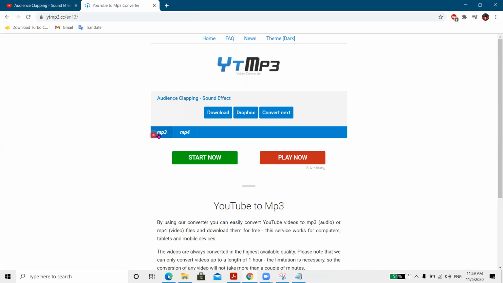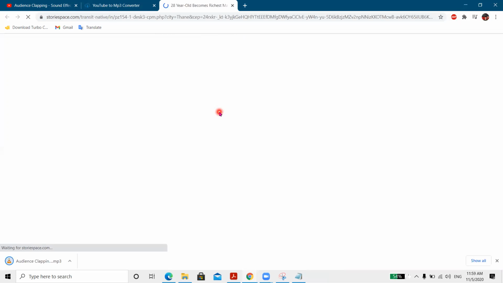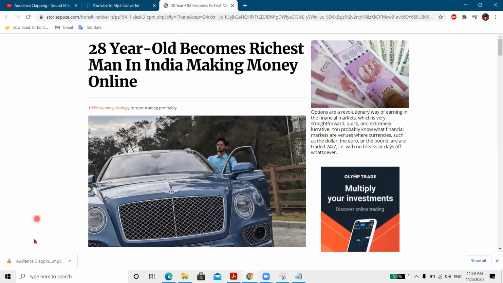MP3. By default, it will convert it to the MP3 only, even if you do not select any option. And after that, simply click on the download. Then it will start downloading the file. So you can check the file is downloaded here. Ignore these advertisements. It is redirecting you to another page, but the file is downloaded here that you can